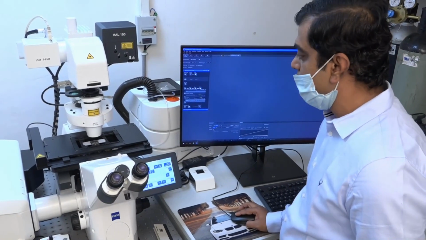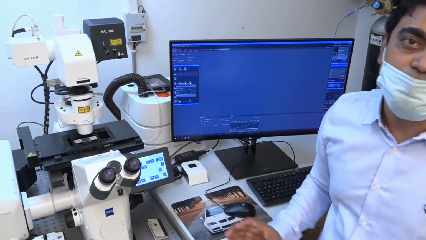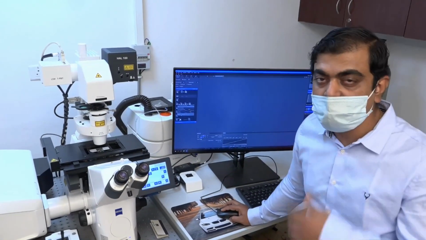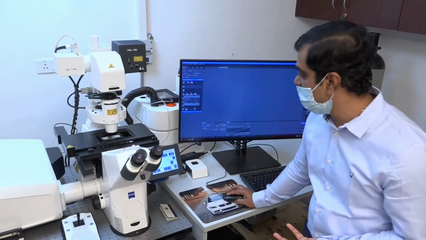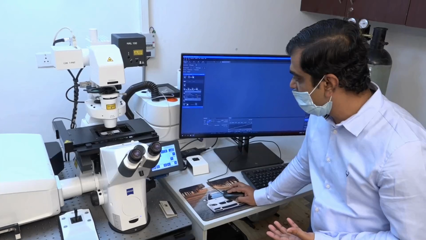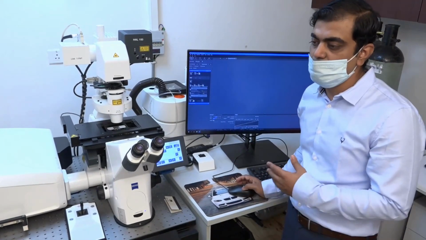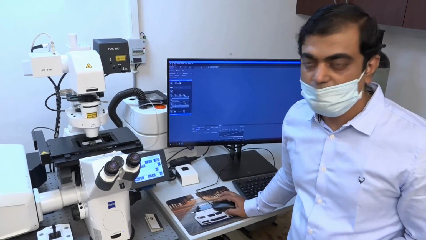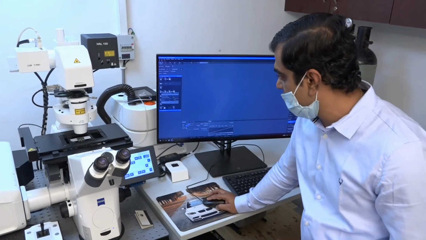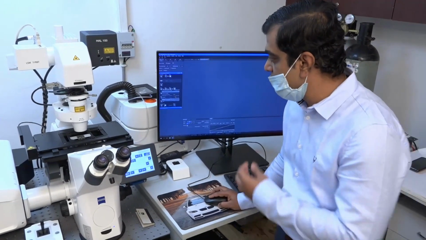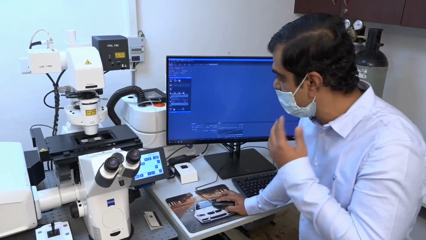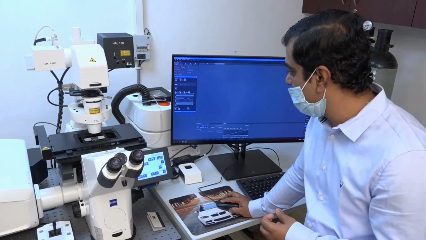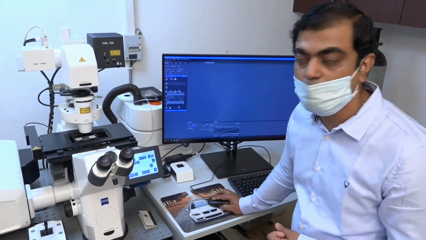depending on different bandwidths or the excitation and emission composition, the filters have been given. For example, if I want to excite in the UV range and want an emission in the blue range, I will use a DAPI filter. DAPI is usually a dye which is used to stain nucleic acids. It's commonly used as a counter staining technique. So if I want to see DAPI, I have this option with a band pass of 335 to 388, that is the excitation band pass, a dichroic mirror of 395, and an emission band pass of 420 to 470 nanometer.